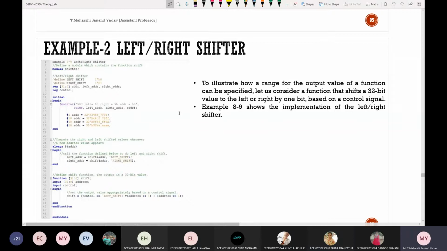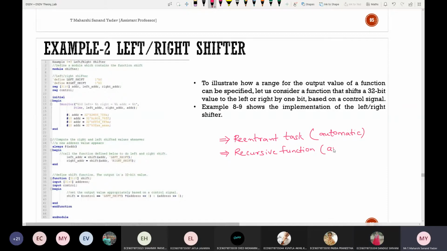Then what is this recursive and reentrant? What is the difference? What is a reentrant task and what is a recursive function? You just need to add a keyword called automatic.